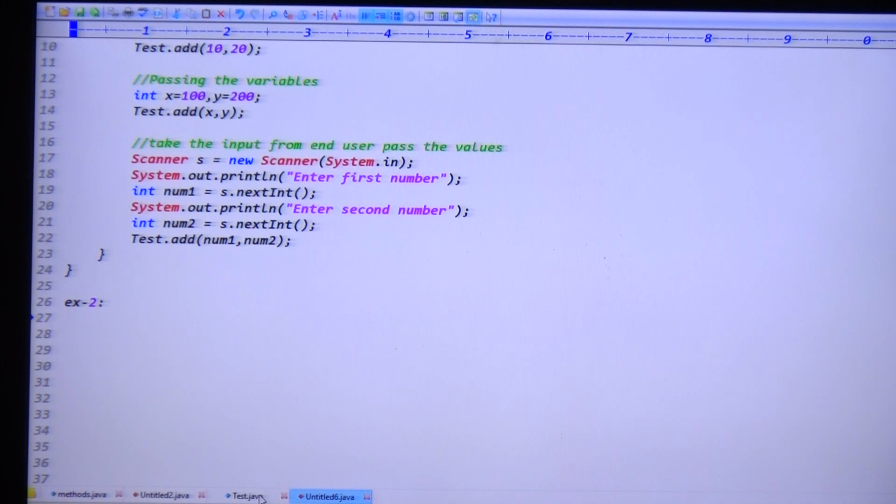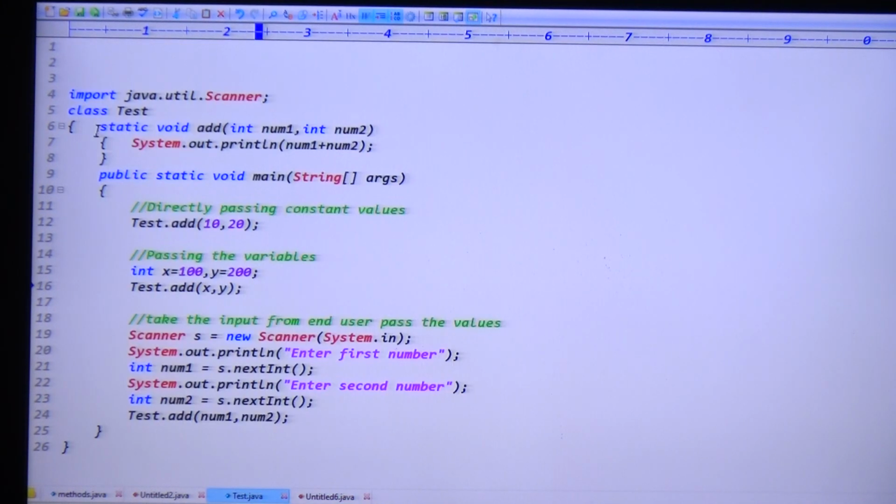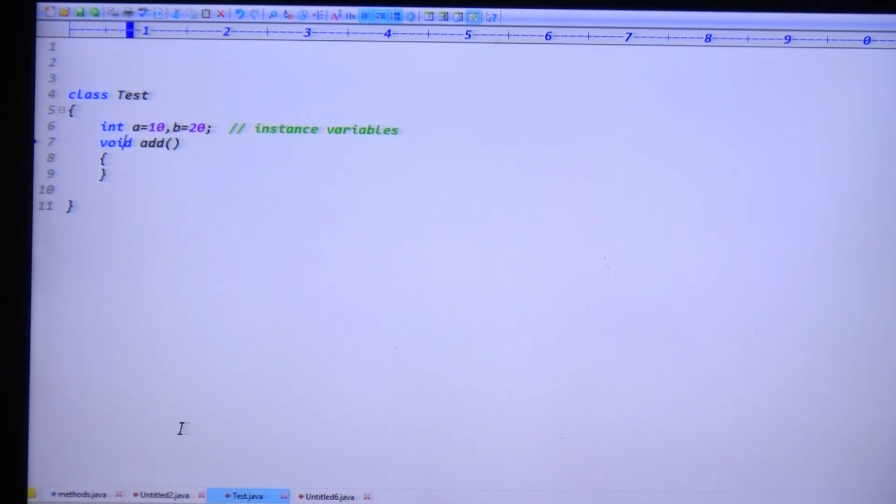If you go for example 2, in this video I am discussing one more example, guys. In this example 2, I take 2 instance variables: int a = 10, b = 20. I declare 2 instance variables. Guys, this is the second example. These 2 are which variables here? Instance variables, right? Then take the void add method, where add is expecting 2 arguments. Can I pass them like int i, int j, right?